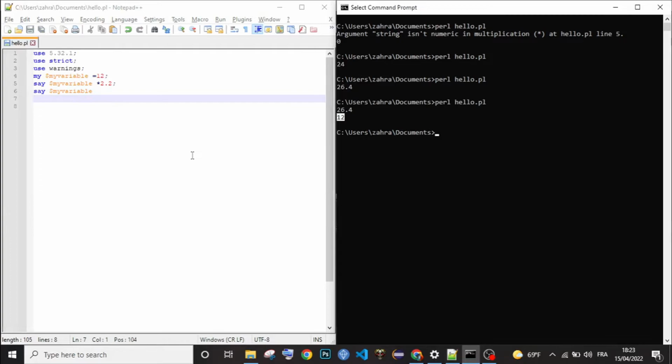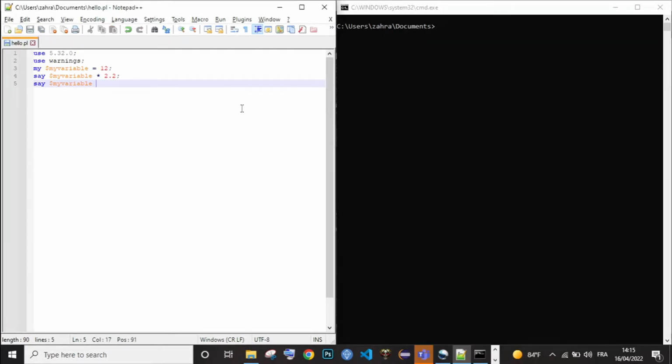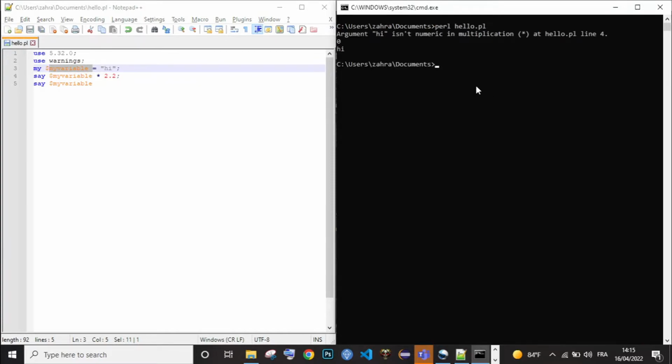If I try, for example, to use a string instead of an integer over here, and I try this instruction, it will not give me an error, but rather a warning. And this variable is going to take the value 0, as shown over here. The argument hi is not numeric in multiplication at line 4.